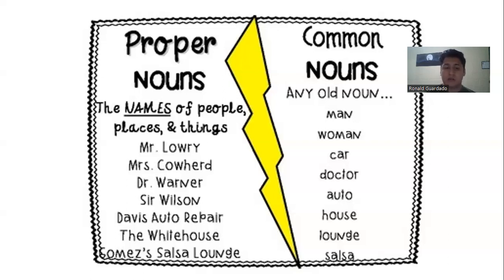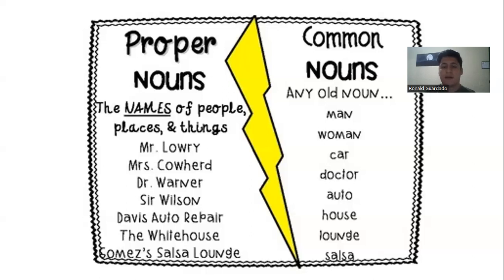But if we want to go to any place, or we are in a conversation and these kinds of places come to our mind, we can refer to it as auto repairs. But it's not something specific. If I want to give a specific direction, I will use the whole structure, Davis Auto Repair, because I want to go straight to the place.